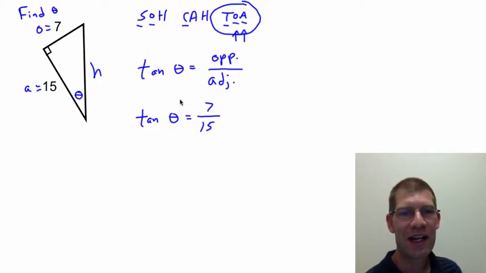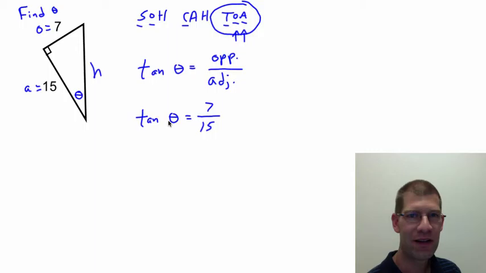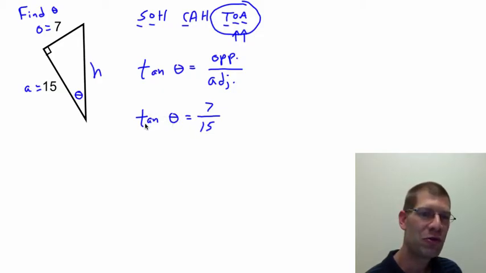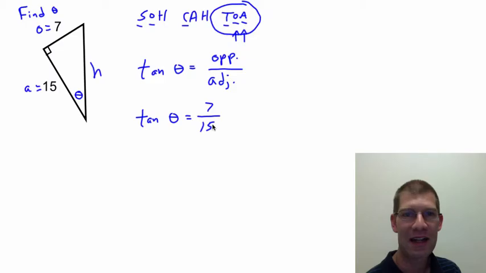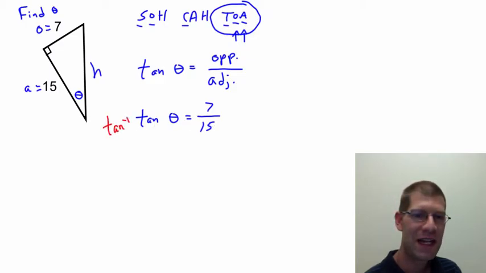You can kind of look at it as though if you had this angle theta and you did tangent to it, you'd come up with this fraction, or that decimal if you were to punch it in. So if we're trying to find this theta, we need to undo the tangent, because tangent is what got us to the 7 over 15. The way that you undo the tangent function is to do the inverse tangent,